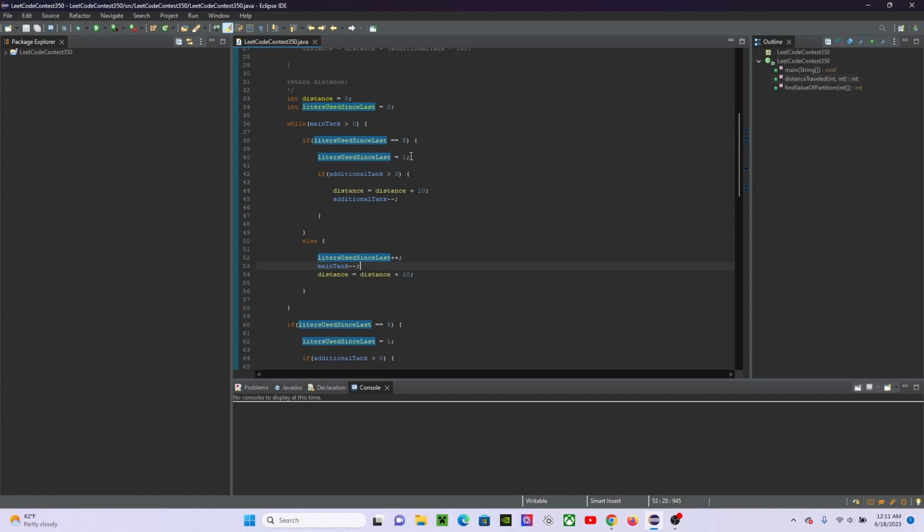not 0, for a specific reason. I'll get to that in a sec. So then we check if there's fuel in the additional tank, as it leaves 1 liter. If there is, then we